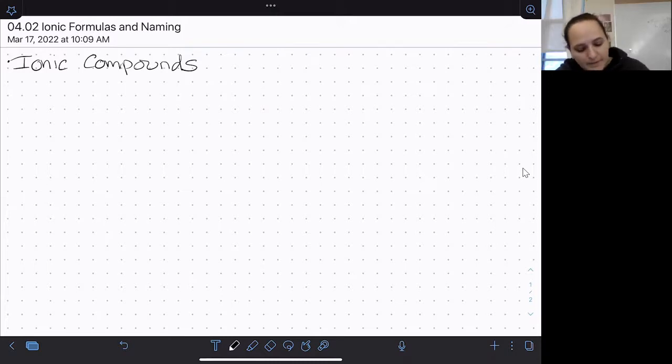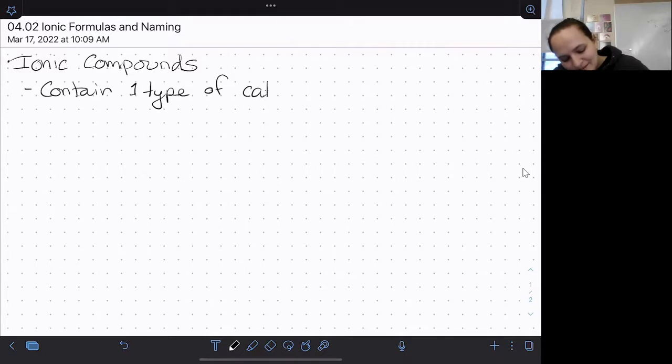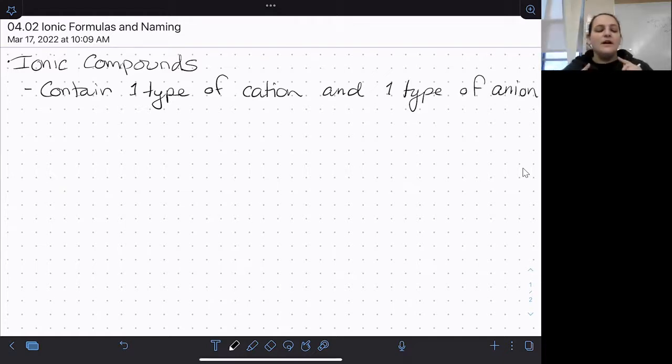So ionic compounds, for the purposes of this course, contain one type of cation and one type of anion. In the world at large, more complicated ionic compounds can exist where there are multiple types of each ion, but we're not going to deal with those. We are talking about what are known as binary ionic compounds, which means they just have two elements or two types of ions involved, one positive and one negative. So we have one kind of cation, we have one kind of anion,